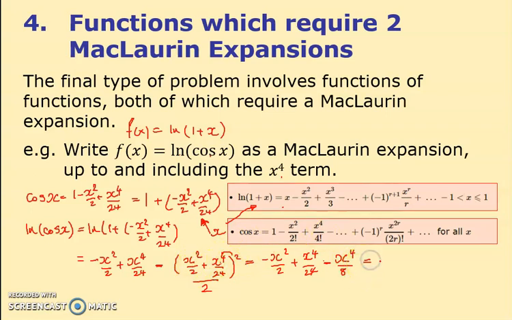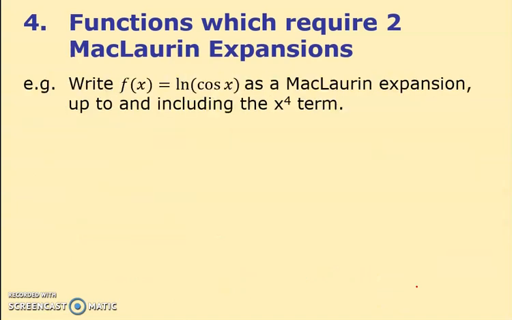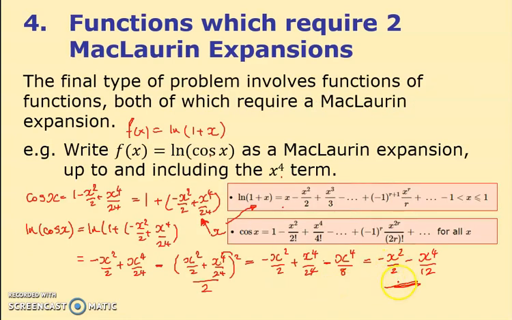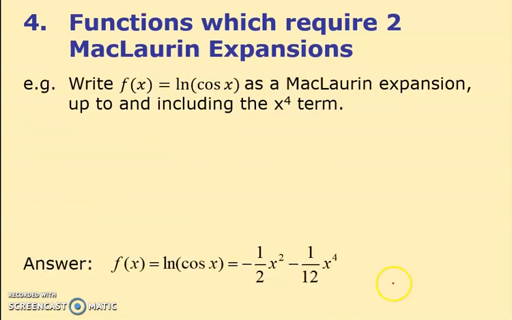So this gives me minus x squared over 2. Well, this is like 3/24, which I'm taking away from 1/24, which is minus 2/24, which I reckon is minus 1/12. It doesn't mention validity. Let's see if that's the answer. Minus a half x squared minus a twelfth x to the 4. I think that's what I had. Yes, it is. So that worked quite nicely, but it was just making the cos into the 1 plus form,